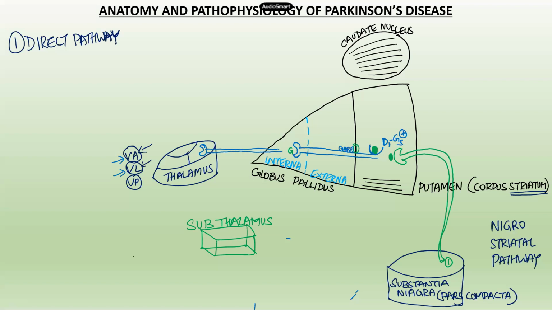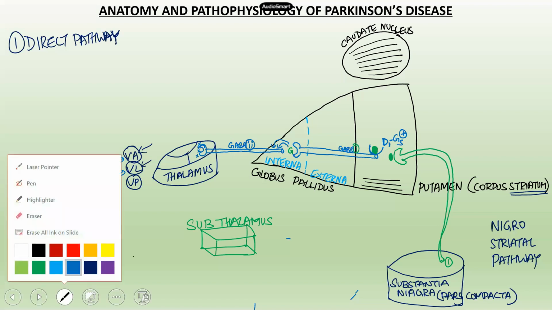Now the point to notice over here is that this GABA that is being released is released on an inhibitory neuron. This neurotransmitter GABA is an inhibitory neurotransmitter. That means whatever it does down the line, it will cause inactivation of that particular neuron or cell. So this GABAergic neuron number 2 won't be able to discharge any of its neurotransmitters. As a result, there will be no neurotransmitter release.